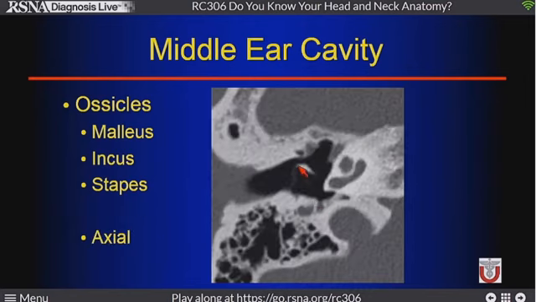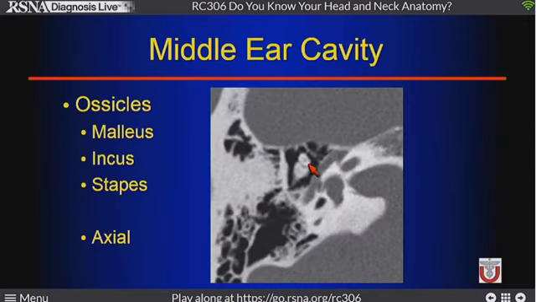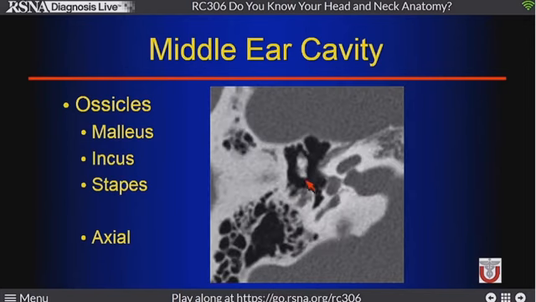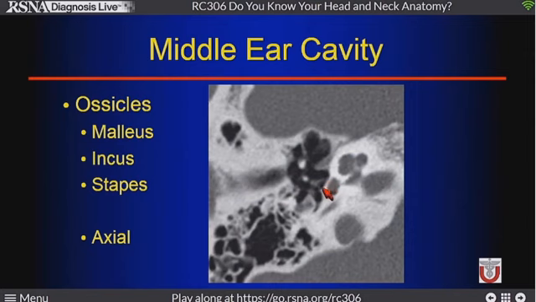So same thing on axials. We start with the long process of the manubrium of the malleus going down, attaching to the TM. So we can follow that line coming up. That's going to go up and connect to the head of the malleus as we go superiorly. So on every axial CT of the temporal bone, I want to see a nice ice cream cone of the ossicles. So the head of the malleus connects to the short process of the incus, and we can then follow the long process of the incus as it goes down, has a little hook on the end that connects to the stapes superstructure, and we see the anterior and the posterior crura of the stapes.